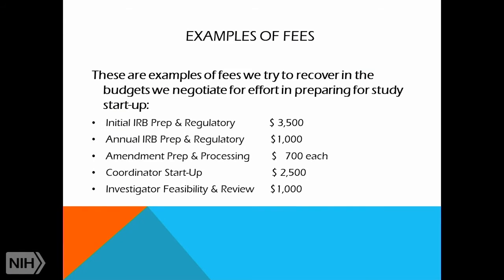So you can make a decision about what type of fees you think are right for your site, but remember that you won't get it if you don't ask. So you think about it and decide what this $3,500 stands for, because they're going to ask you, well, what is this for? So what I did was I sat down and created memos that describe each fee. We usually ask for a $7,000 startup fee. That would be $3,500 for IRB and regulatory, which includes a budget, $2,500 for the study coordinator fee, because they have to prepare the source documents, and that takes a lot of time, and $1,000 for the PI fee for feasibility.